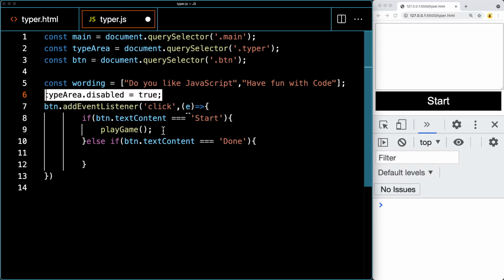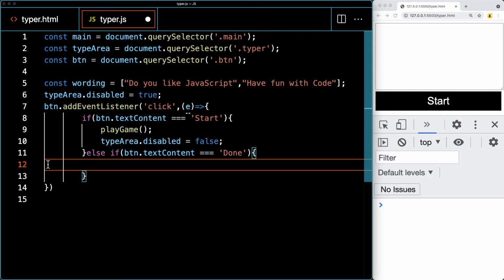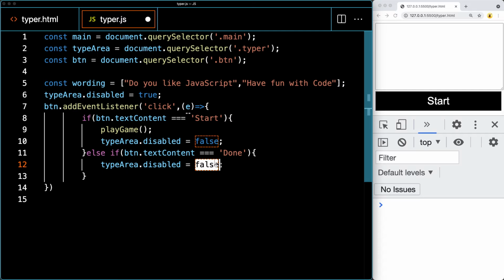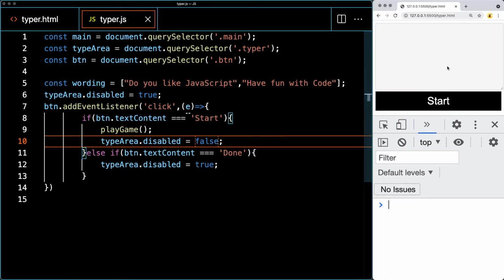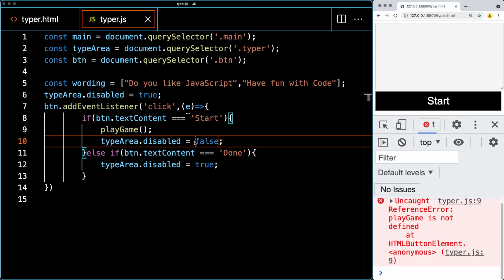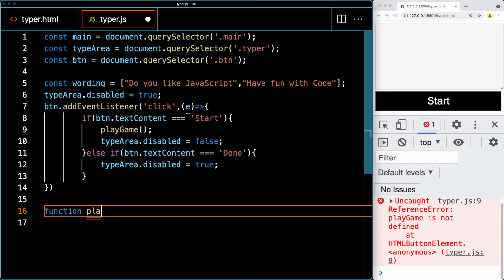And when we click start, we want to set the disabled to be false so that we're ready to start typing into it. And once we're done, then we'll take the disabled to be true. So right now we can't type into the text area, so only when we press start, then that's when we start the gameplay. So let's create a function